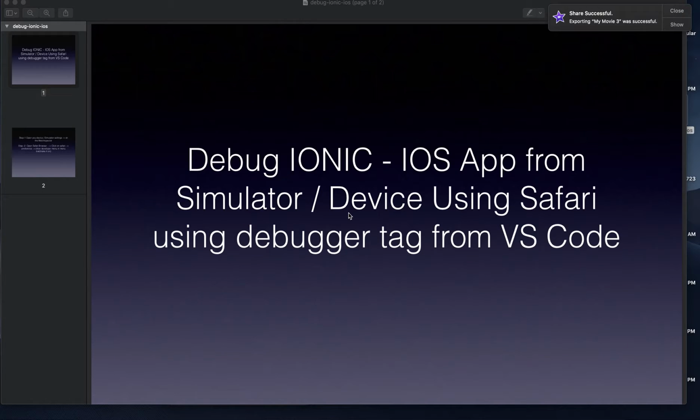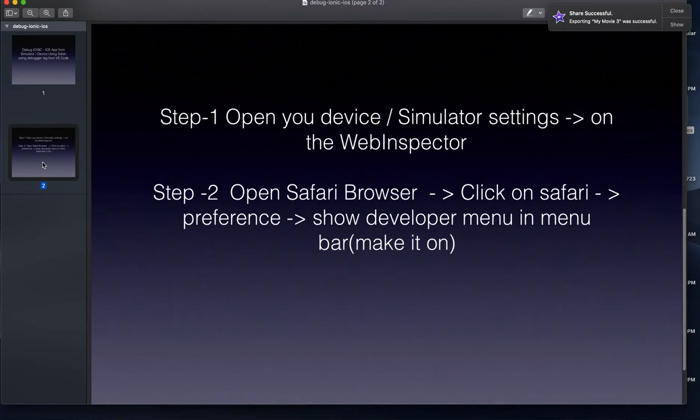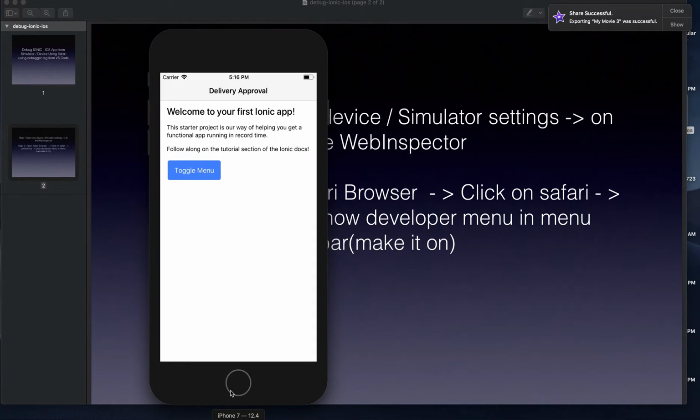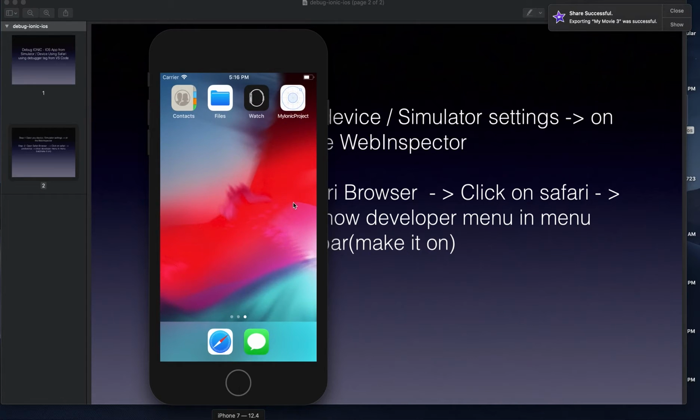Here I'm going to demonstrate how to debug an Ionic iOS application from a simulator or device using Safari and Visual Studio Code. So let's start. Before debugging in an iOS simulator or device, first you have to open your simulator. You can open your simulator like this from Xcode and